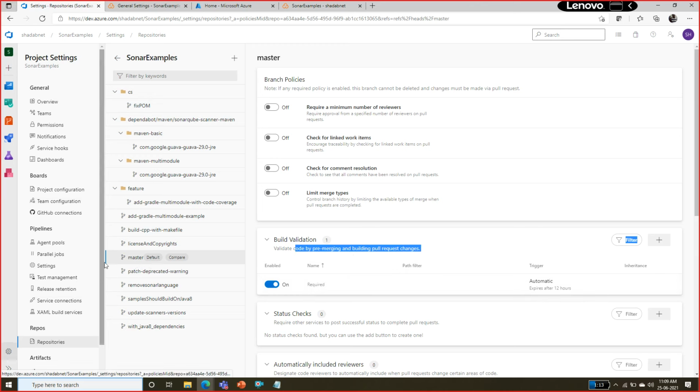Okay, as soon as any change has happened, it is going to validate the build, and it is going to run this pipeline automatically after a change. Okay, go back to the pipeline,